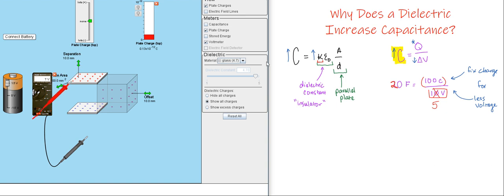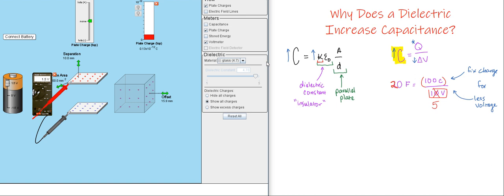I'll put the leads of my multimeter, my voltmeter, across the two plates. There's nowhere for the charge to move anymore. So when I insert this insulator, the capacitance is increasing. Notice now that the plate charge is fixed, so it's 0.13 picocoulombs, or 0.13 times 10 to the negative 12 coulombs. And when I add the dielectric, I see I can maintain the same charge at a lower voltage. So let's look at what it was before. Right now, in order to have 0.13 picocoulombs,